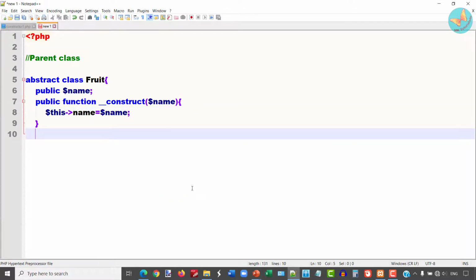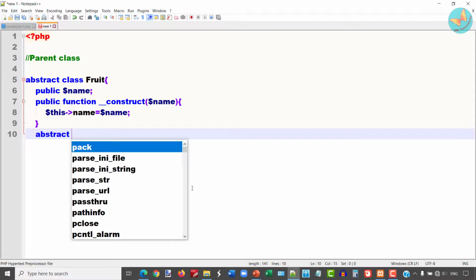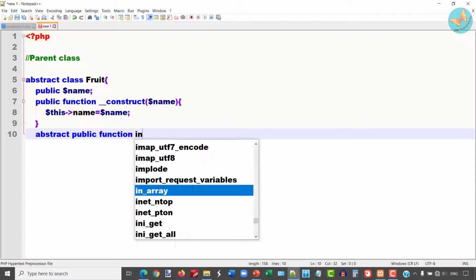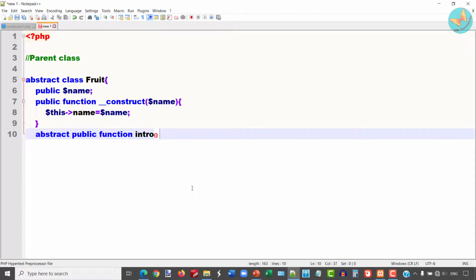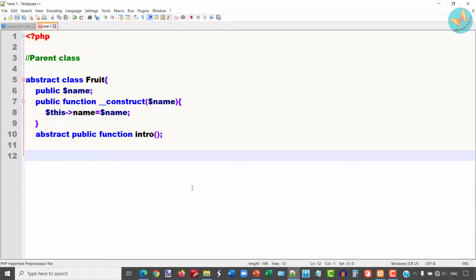Then, as I have already stated in the definition, it should consist of one abstract method. So I will declare here abstract public function, and suppose I write intro. Note here I have declared one abstract method and I have not provided the body of the method.